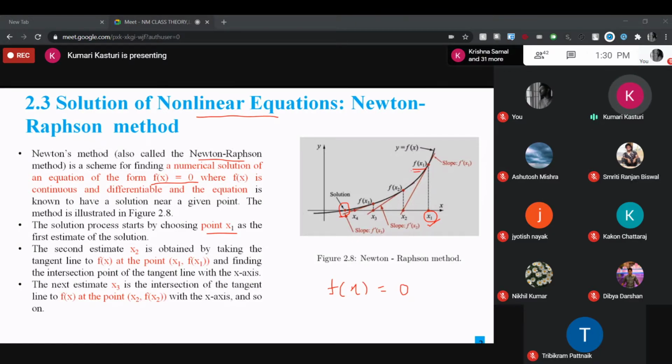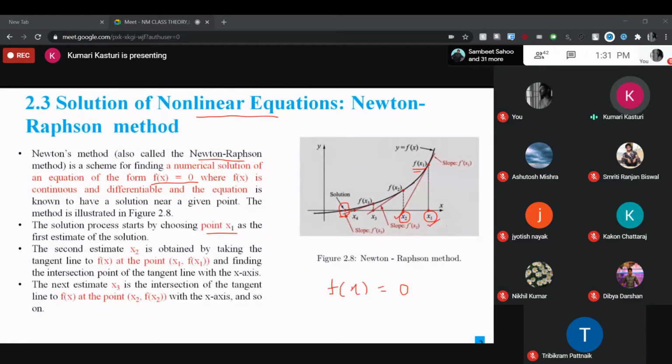From this, this is the point for f(x1). If we draw a tangent line at this point f(x1), it will intersect the x-axis at the point x2. That is the next estimation according to Newton-Raphson's method. As already discussed, the root is where the y value is 0, which happens only at the point where the curve intersects the x-axis. That's why we draw a tangent at the function value, and that tangent intersects the x-axis at one point. That point is the next solution.